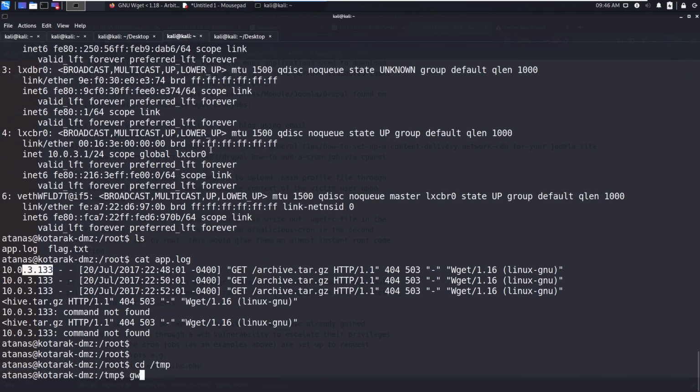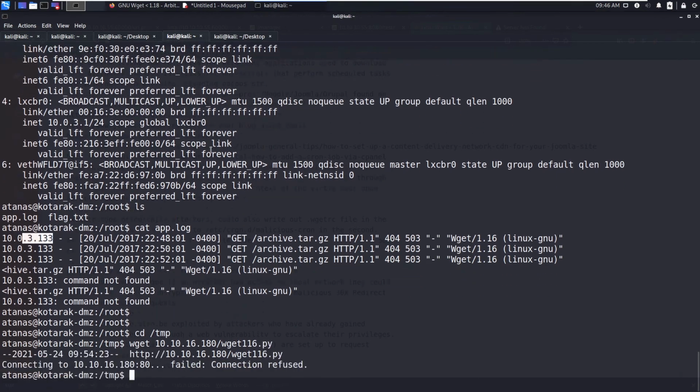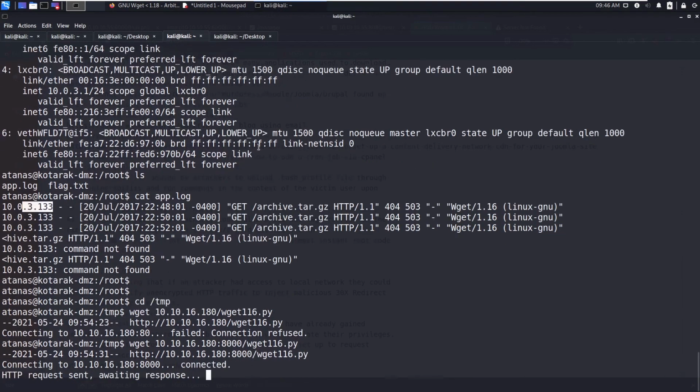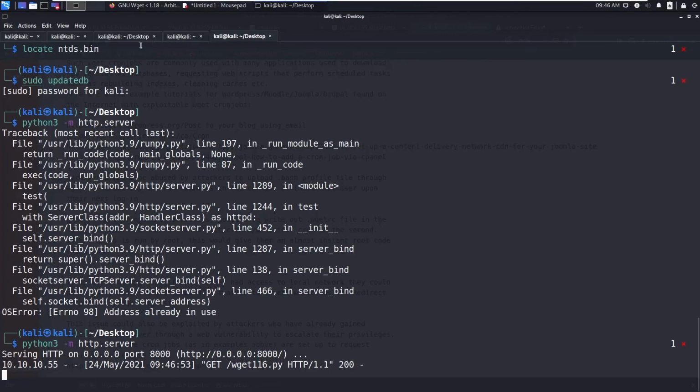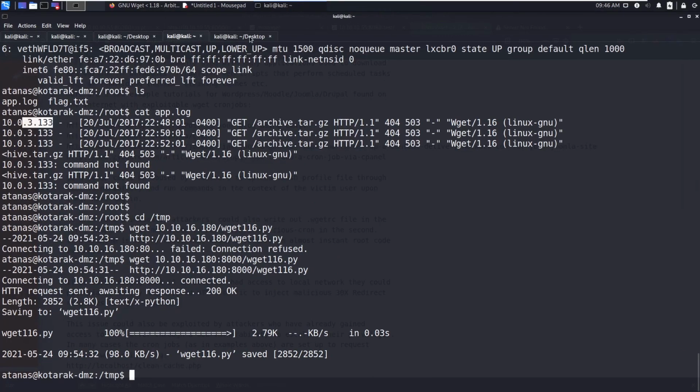So let's get our Python script. I'm sorry, I did not mention the port, that is 8000. So you can see the request here and the script here.